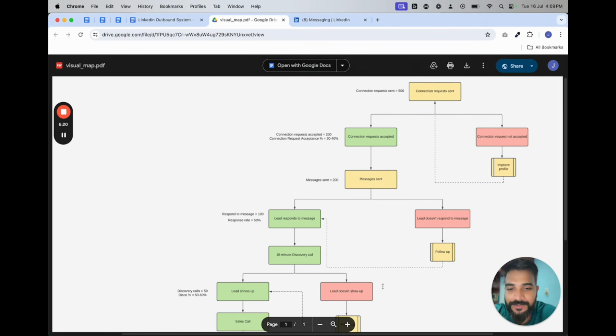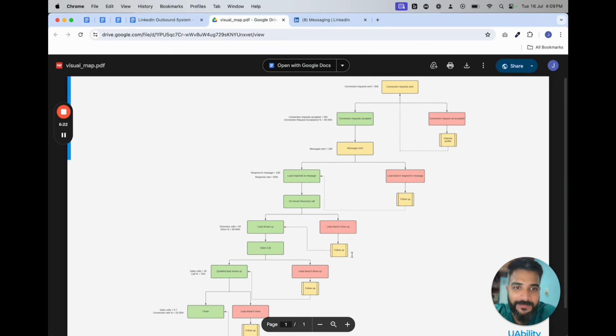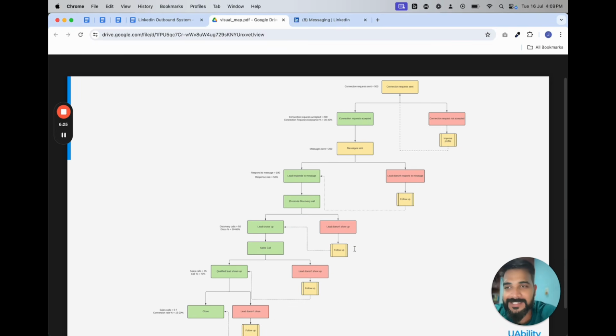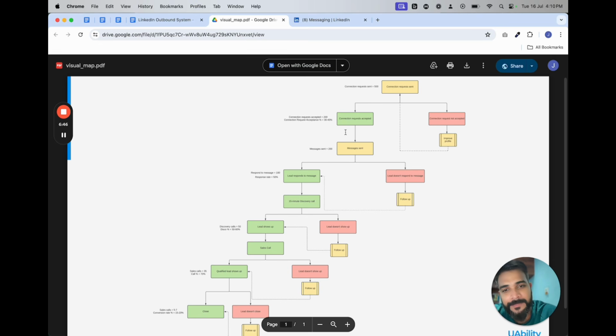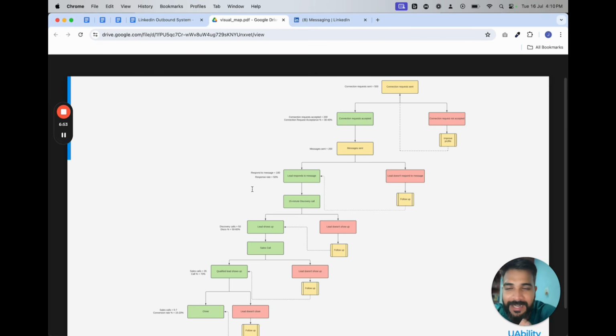Now, this is a very, very general pathway of LinkedIn outbound. However, I suggest that it varies from niche to niche, right? You might be in a mindset niche where people might not accept a lot of connection requests. You might be in a fitness niche where people are more open. You might be in a corporate training niche where you are working with very big clients, so the number of clients itself might be less, right? So many things can happen. But this is a general pathway that you can follow. You can keep this in mind that this is how the numbers might look, right?